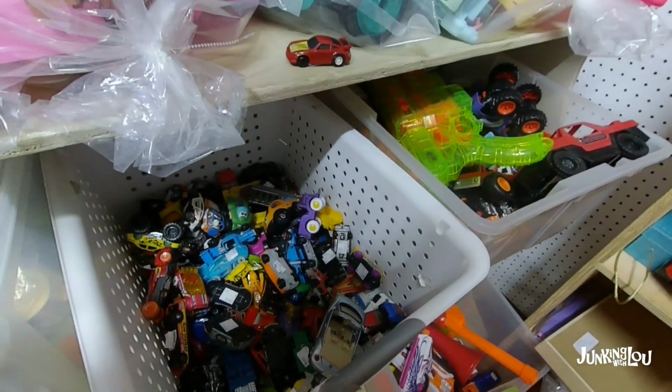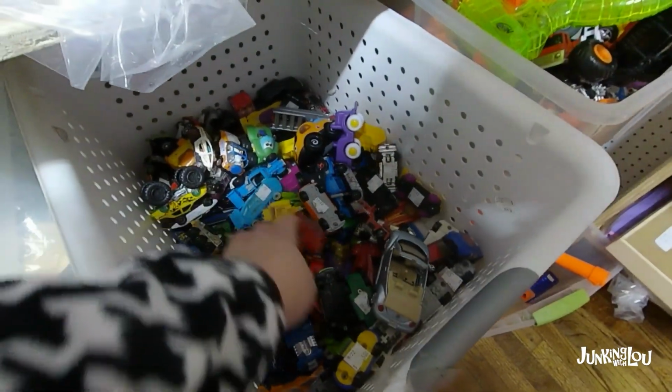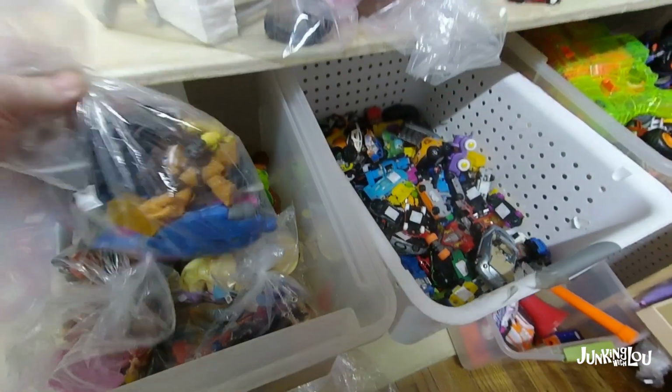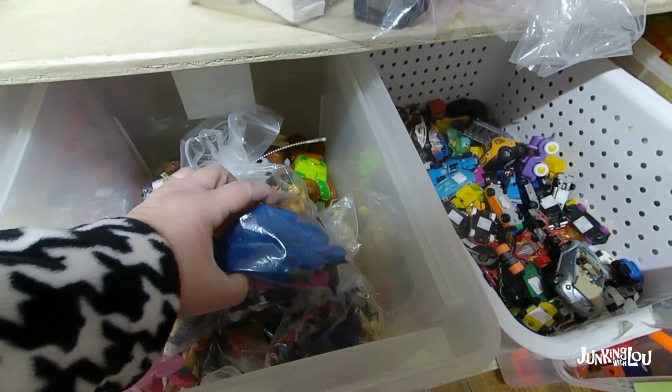And a big basket of cars. Let's kind of dig through those, see if there's any older ones in there. They had a lot of bag lots too. So I dug through all their little bag lots because they had action figures mixed in there, and I have